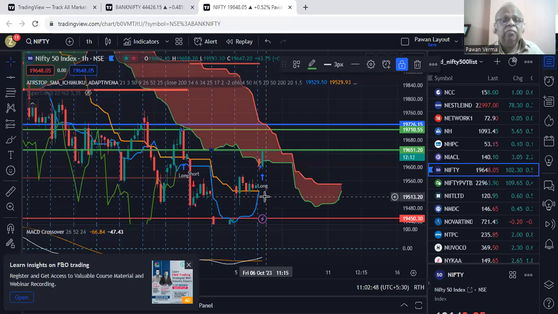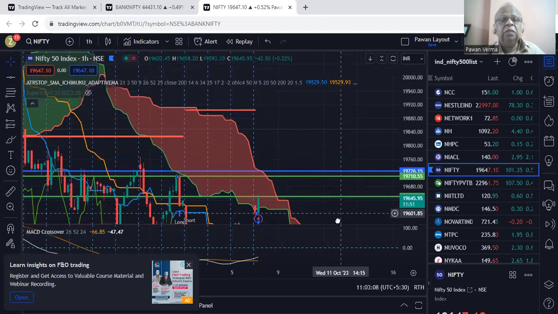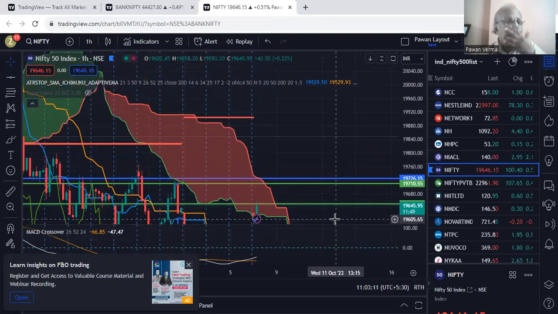So from this, when we look back 26 periods, we get this particular candle, and the close of this particular candle is the entry level for the index. So friends, now we will discuss the target. What should be the target?